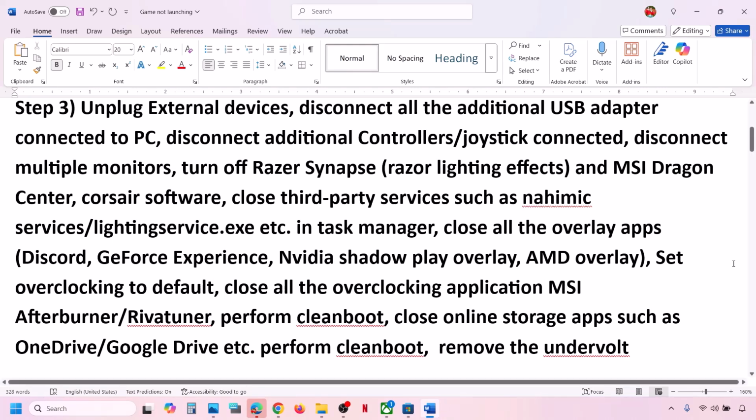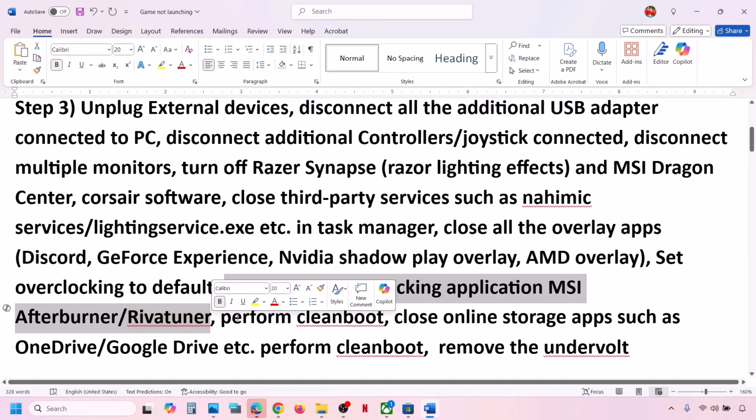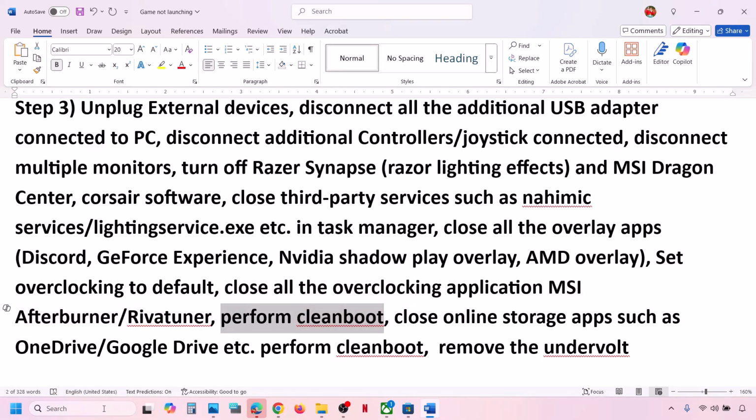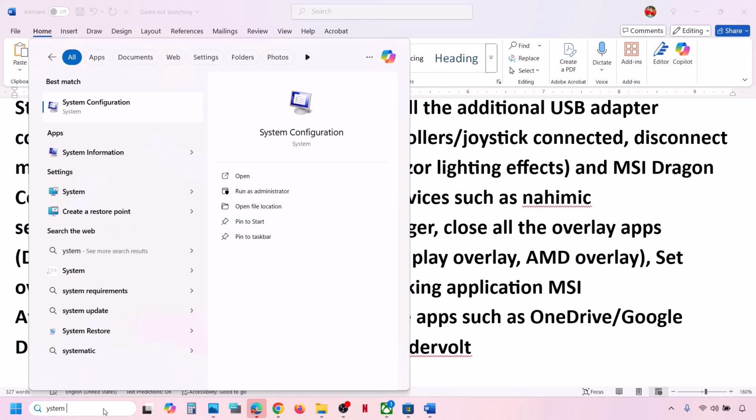So first of all, you have to turn off the overclocking. You have to set it to default and then you can close all the overclocking applications and then check. Perform clean boot. Now for this you can type in system configuration in Windows search box